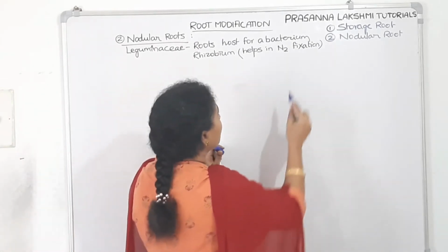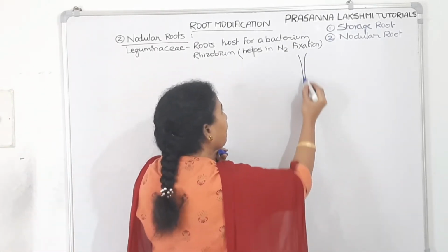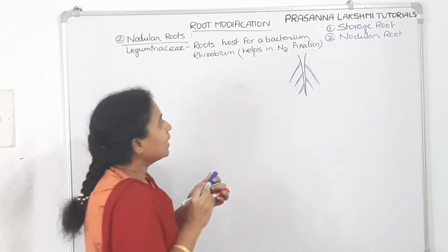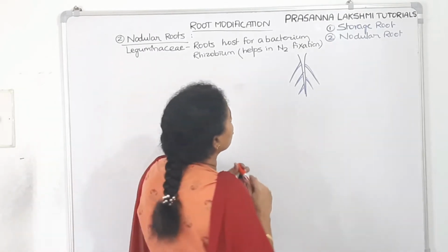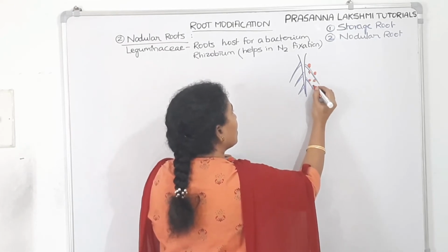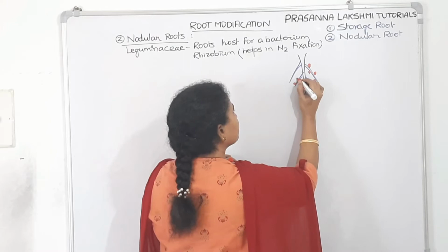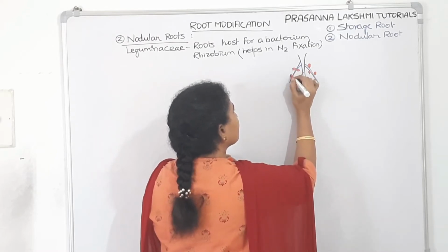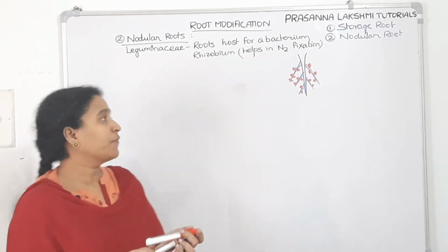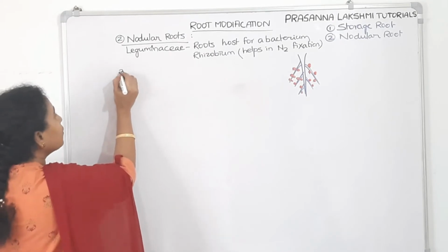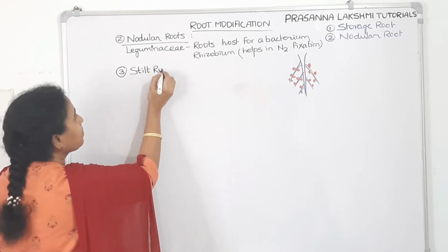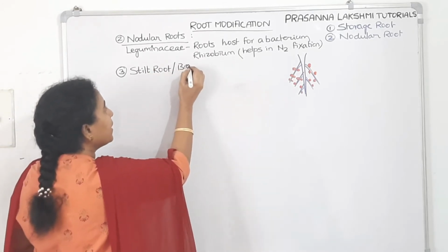If you have to see the picture of nodular roots, here is the root, lateral roots. On the lateral roots, there are nodules. These nodules will help in nitrogen fixation. This is our second type of root modification. Coming to the third type of root modification, we can talk about stilt roots, which are also called brace roots,